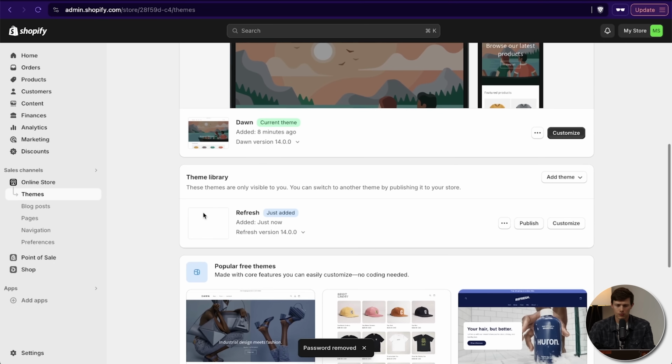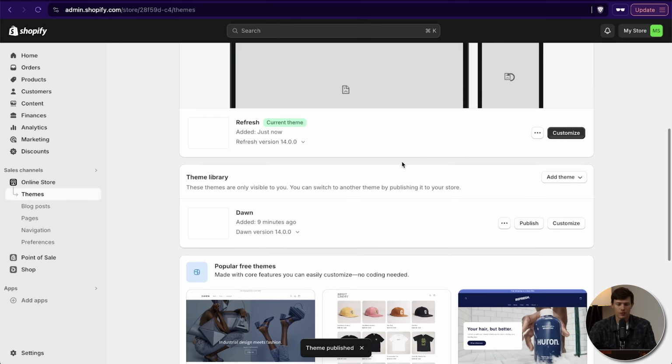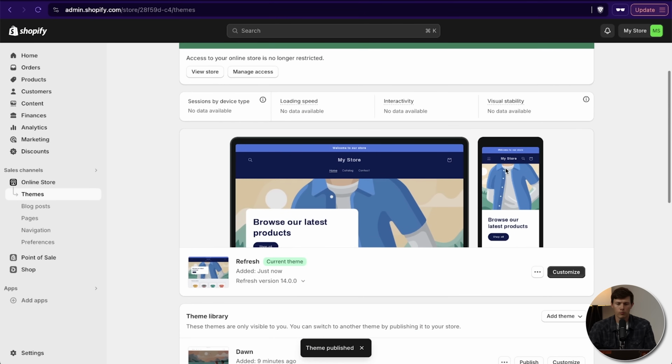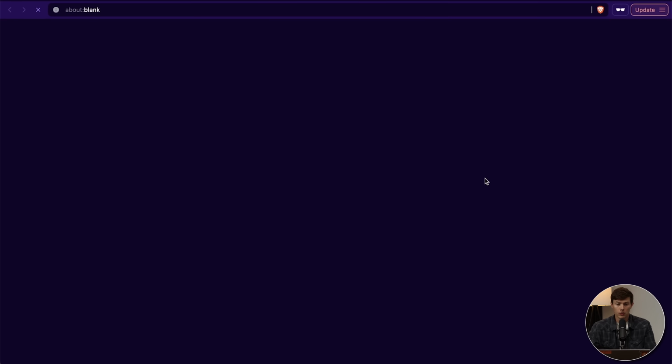Scrolling down, that's still, okay, there we go. It just worked right now. So I'm going to click on publish, and that will swap out the two themes, and this will be our new primary theme, the new theme that's being shown on all mobile and desktop sites for our website. That's great. If you click on the three dots right here, you can click on view,